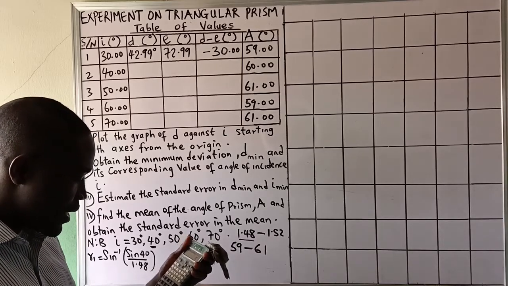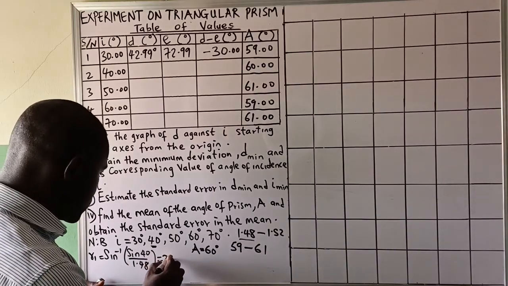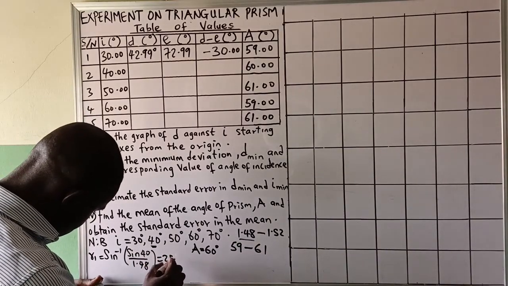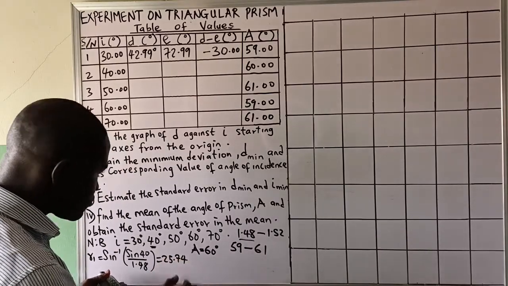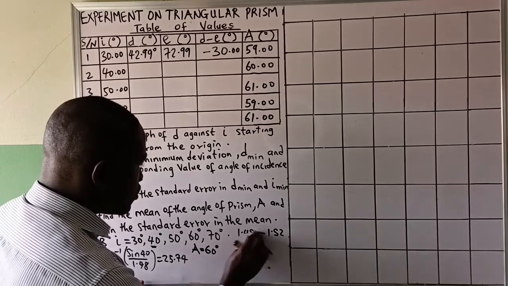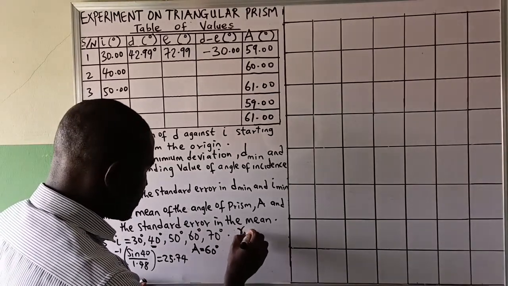We'll close the bracket. That will be giving us 25.74. Okay, so what we now do is that we say our R1 for the next one is